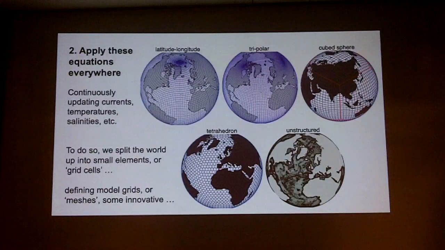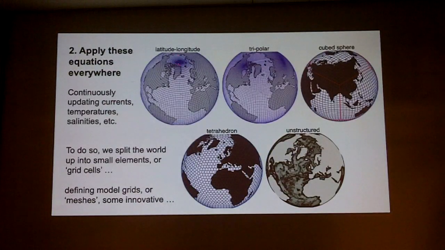Okay, so the second thing we need to do is apply these equations everywhere on the whole Earth, if indeed we're concerned with global scales. So I've just shown you 5 examples of how very smart people have chopped up the surface of the Earth, primarily with a view to ocean modelling, although it goes over the land in some cases. There's some really quite bizarre thoughts go into this, but it's necessarily so because the Earth is inconveniently spherical. And that means that when you chop it up into latitudes and longitudes, things vanish to the North Pole, which you see in the, I'll use my pointer for the first time,